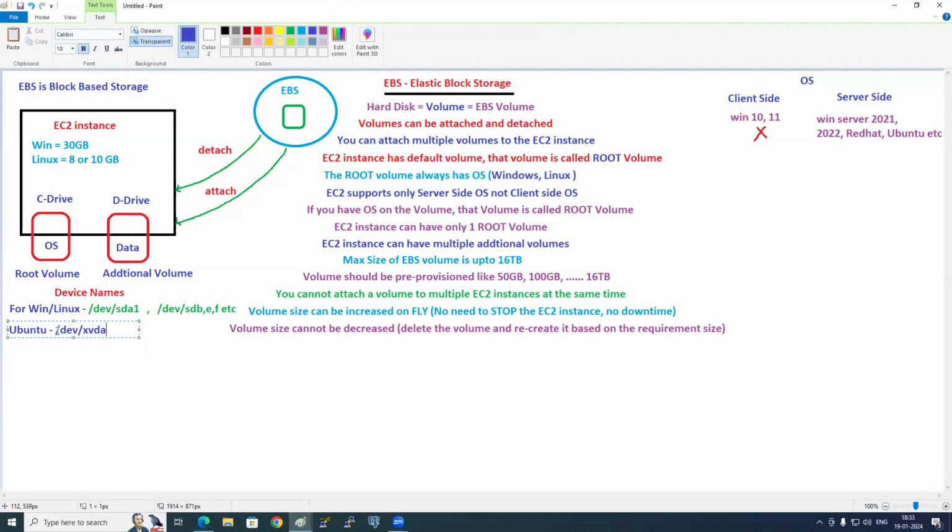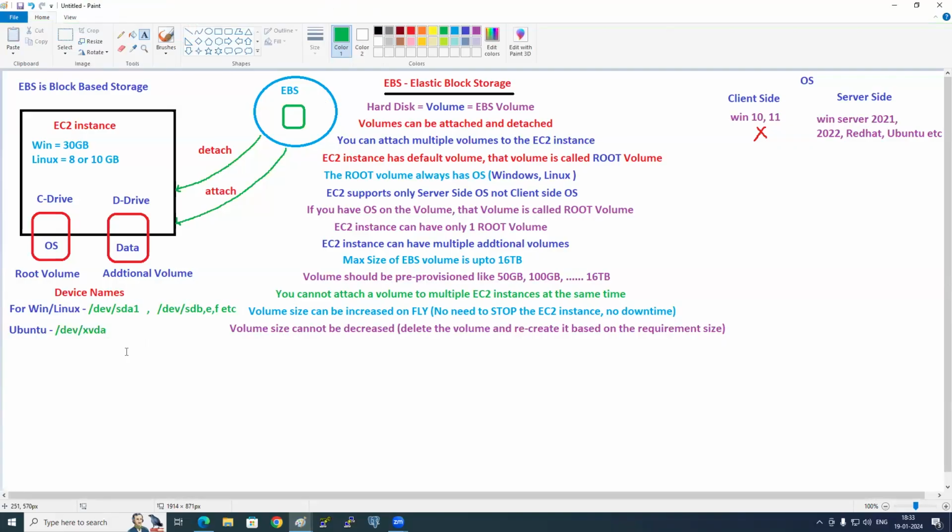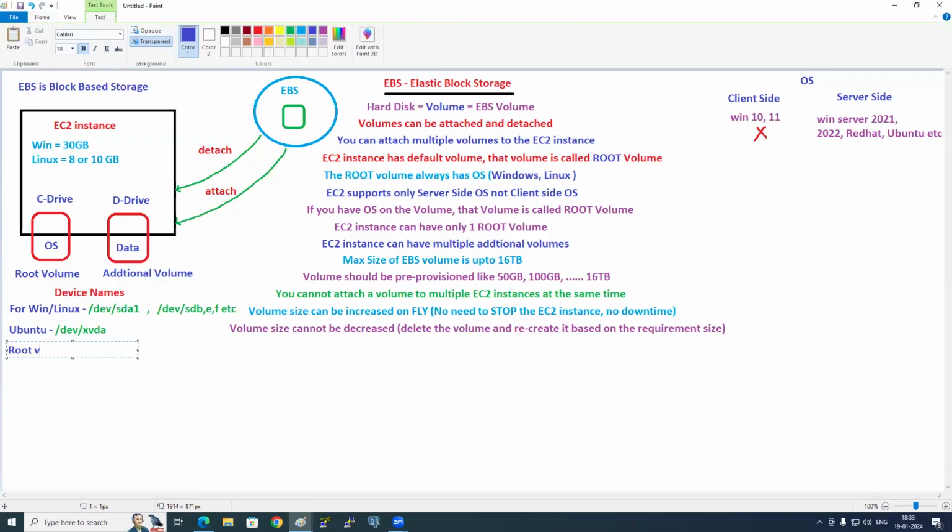Maximum 99% it is /dev/sda1 only. But for Ubuntu machines, it will be /dev/xvda. Say that. But maximum 99% it should be /dev/sda1. So root volume is always mounted or attached as /dev/sda1.